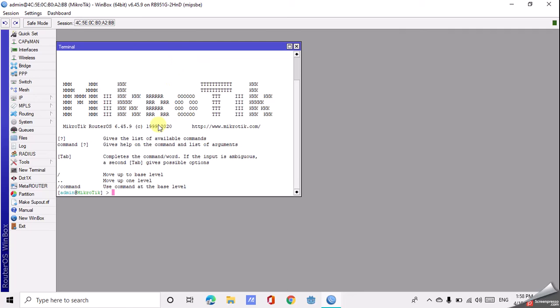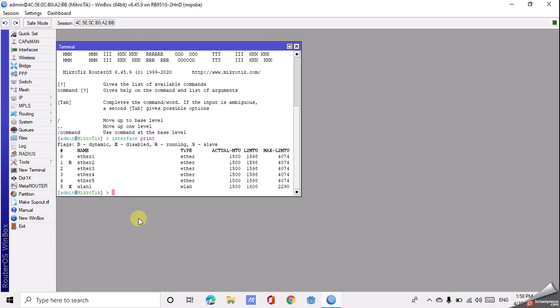Right? This is the Winbox view. Now we make a DHCP server, and we must first make an IP address for the interface. Now we check which interface is running. The command is interface print. Okay, just my computer and my router board are connected between each other using a single LAN